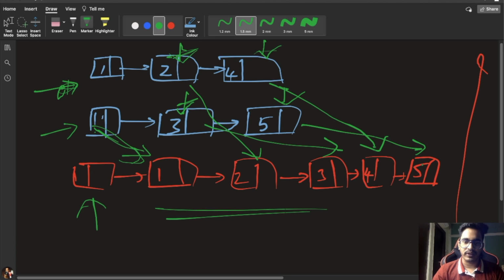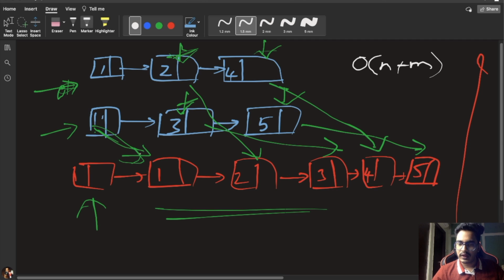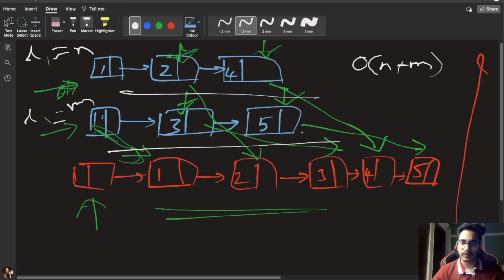So what is the time complexity of it? The time complexity will be O of n plus m. This is because in each iteration we are only incrementing one pointer. Hence if L1 is of size n and L2 is of size m, we have to iterate in the while loop over the combination of both, because only one pointer is incrementing in each pass of the loop. So the time complexity is O of n plus m. The space complexity will be O of 1 because no extra space is being used. So that's why it will be O of 1.